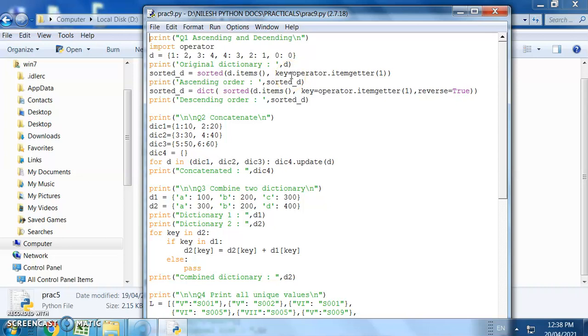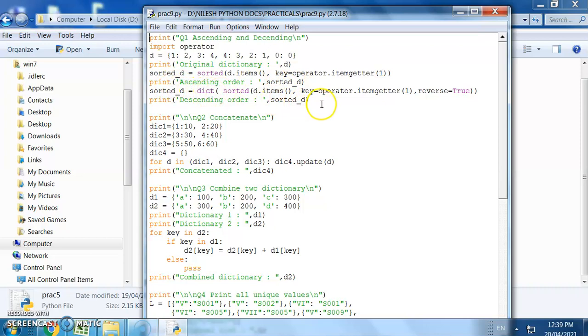We are performing an ascending operation on that particular dictionary by using the key value. That's why we have specified operator dot itemgetter, and we are specifying 1, so it is going to sort the particular list. It is going to print the list in sorted order.